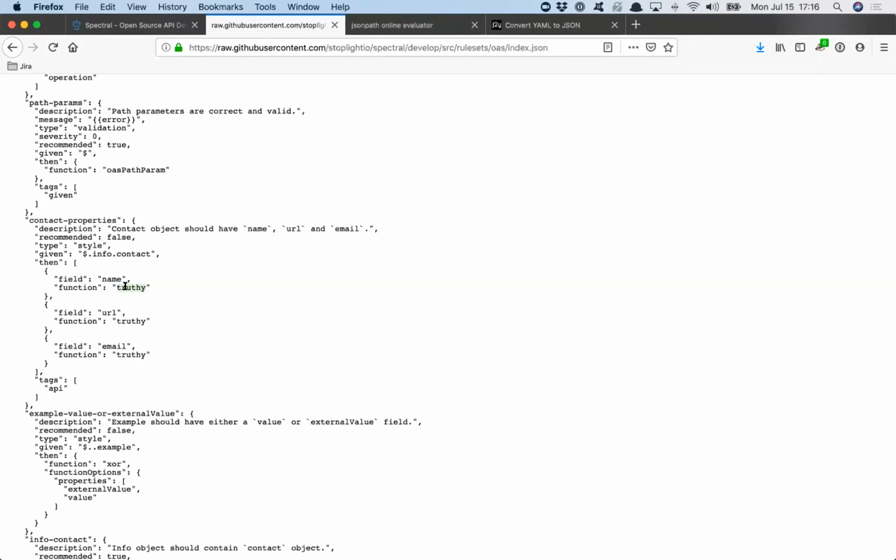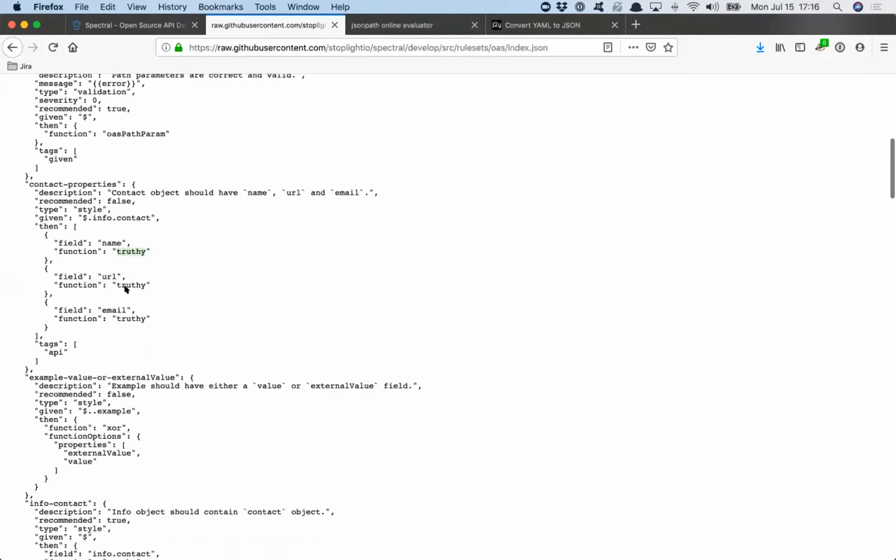There's a lot of functions that we have built in, and they're not currently documented super well. That's something we're working on. And you currently cannot write your own custom functions, which is also something we're working on for version 4.1. It's an upcoming feature, but for now, we're just taking things one step at a time. So here we're applying truthy on name and URL and email, and if any of those are missing, then it will have a moment.